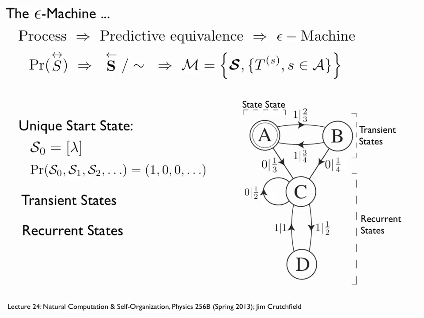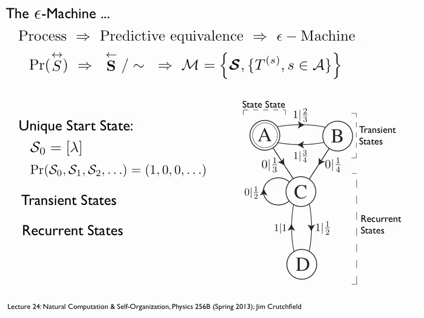So there's this overall procedure, which we did on Tuesday. We can start with some description of a process. This can be obtained any number of ways: by observation, or by starting with, say, a physical or biological model, figuring out what behaviors occur and their distribution. We then calculate these future morphs, search for them on the parse tree, and then we end up with the causal states and the transition structure.